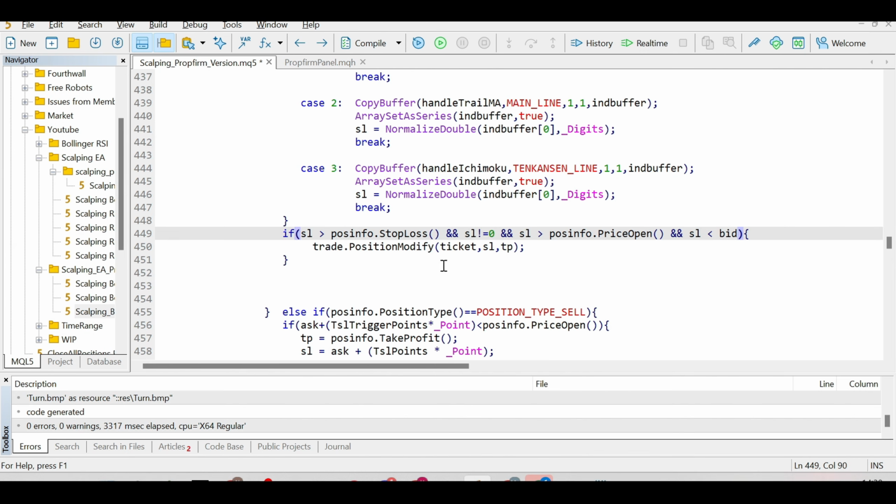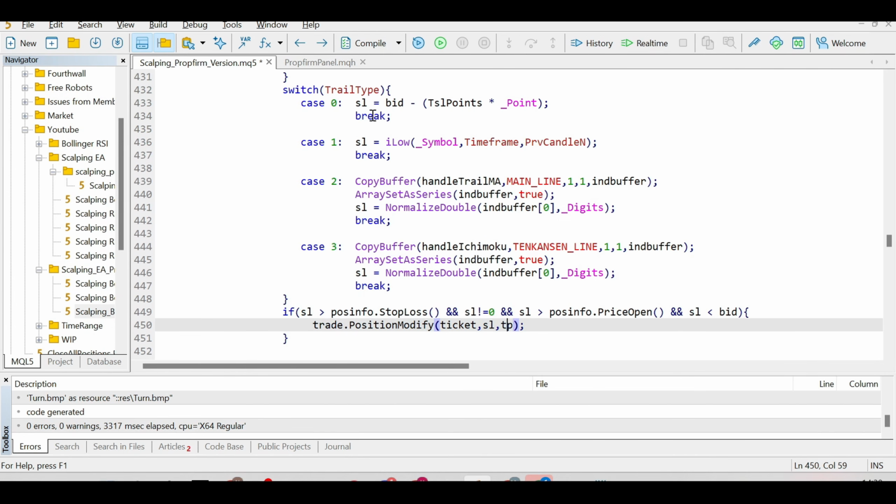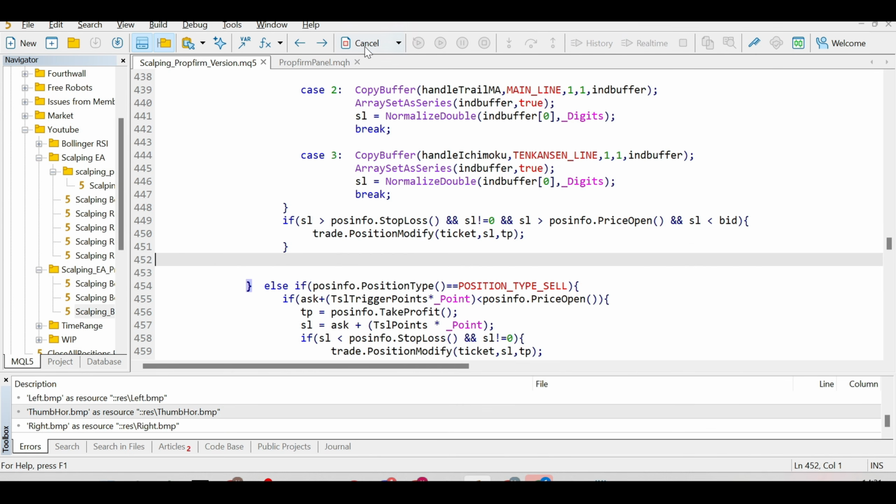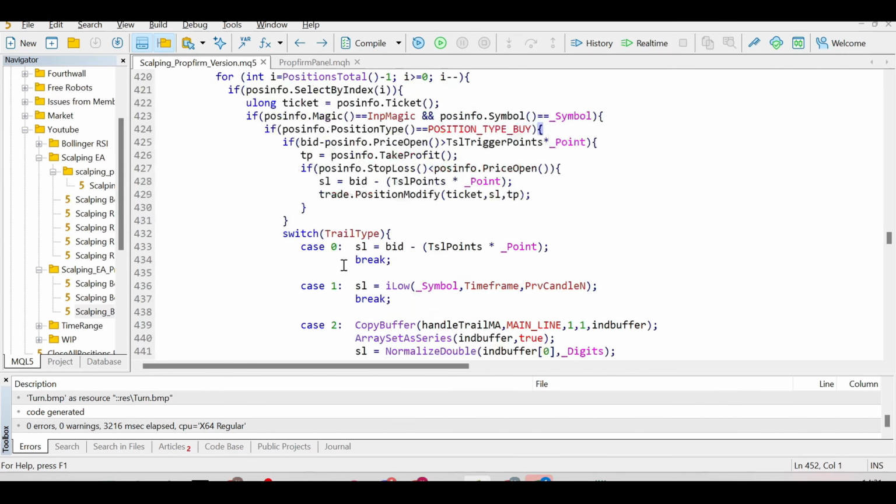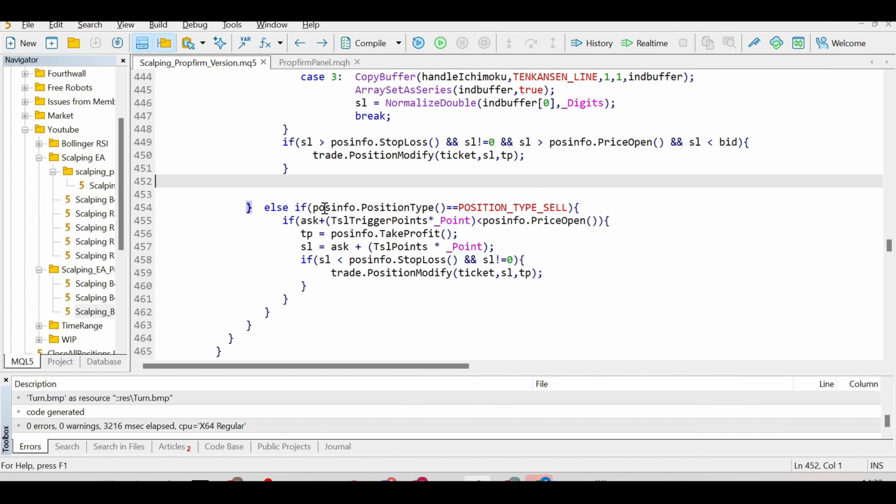And then if those conditions are met, then modify the position by sending the ticket, the stop loss and the TP values. And the stop loss values are going to come from here depending on which case has been selected. Now if I compile, I don't have any errors, which means that the parentheses are probably okay. And then we go else if,